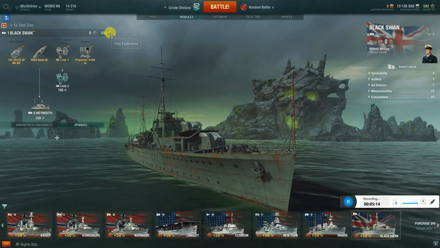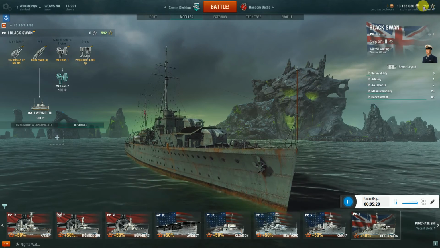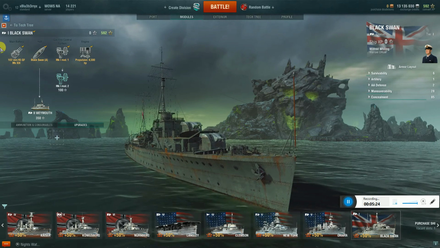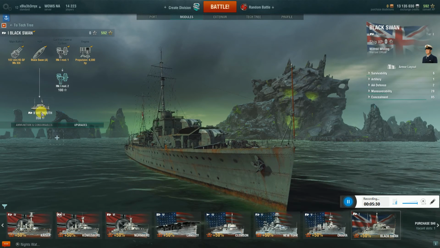And then right here is your free experience. You also earn that as well. There's some ways to get bonuses of that. Free experience is over in the top here. You can actually use that on any ship across all ships, so that's pretty nice. It'll tell you any upgrades, and it'll also tell you how much it is to get the next ship,